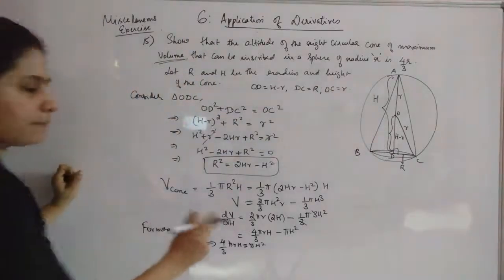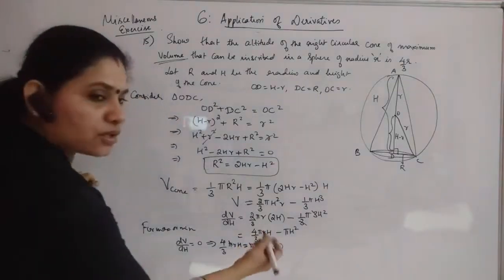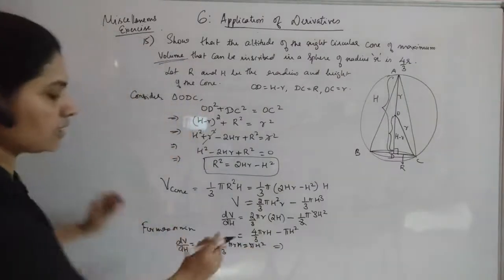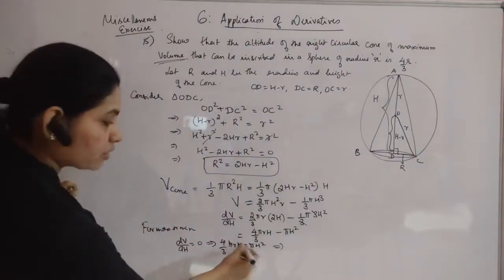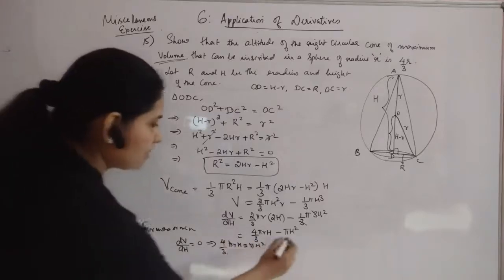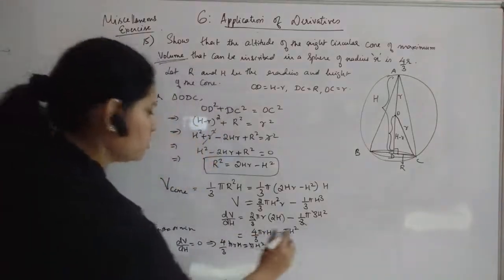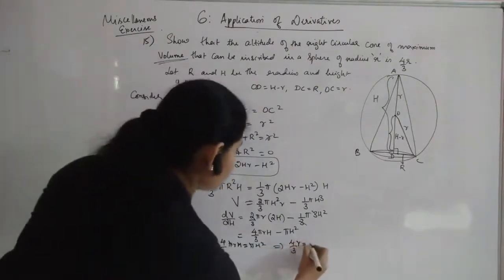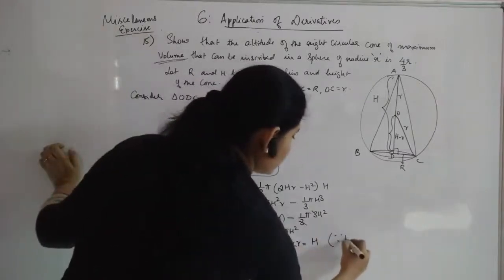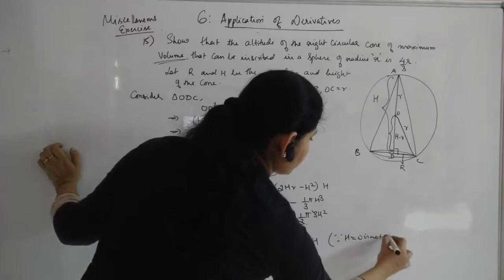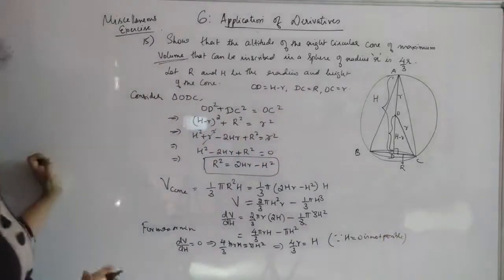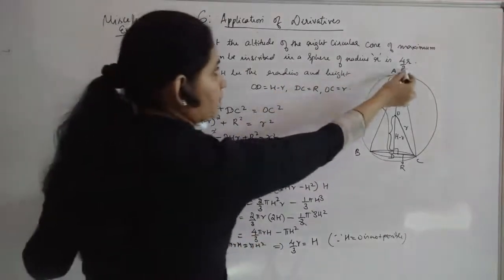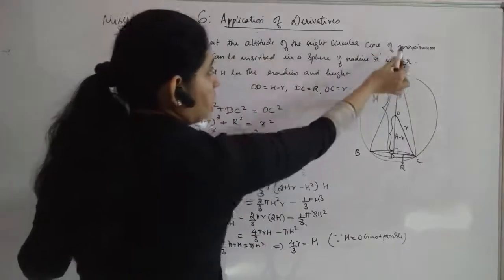That's why we are just neglecting the case when h is equal to 0, because it is not possible. Okay, so I am just showing it for the ease. You have h here, but that cancel process is not valid. You have to say that since h equal to 0 is not possible, you will get what is remaining: 4 by 3 r is equal to h. Since h equal to 0 is not possible, that's why we have cancelled it. Normally we should not cancel any term like this. Okay, clear? So you just see, you have got that the altitude is this when the volume is maximum.